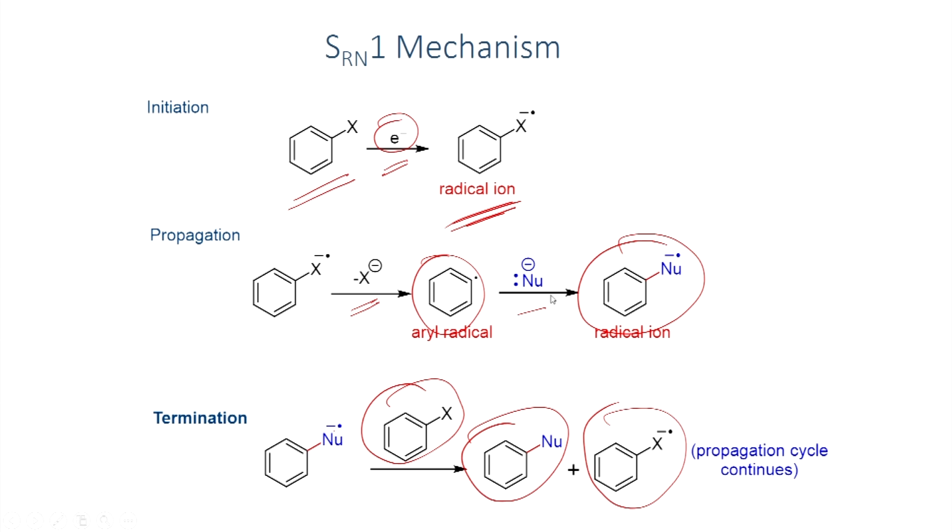The reaction goes on. The first one is initiation. If you have the electron source, you can generate the radical ion. In the propagation step, as soon as you have the nucleophile, it can undergo reaction. You will be able to generate the radical ion. Once you have this one, it can now lose an electron. It can provide the electron to the aryl halide. In this way, you will get the neutral molecule, and you have the radical ion, which can again react with the nucleophile. The reaction goes on until you have the nucleophile in the reaction medium.